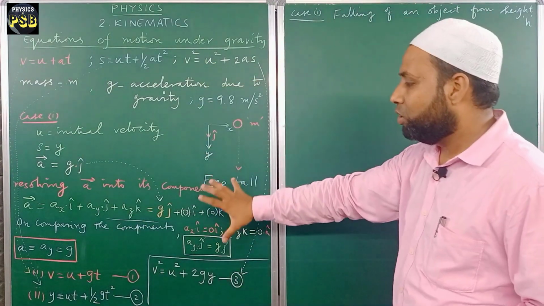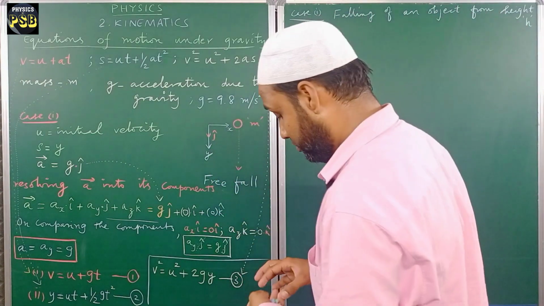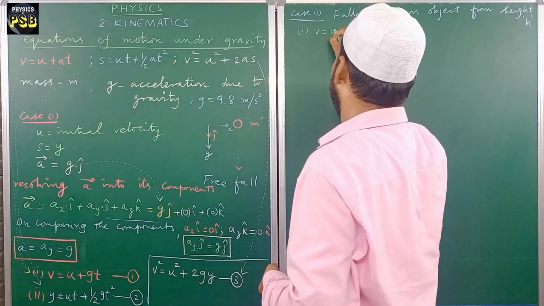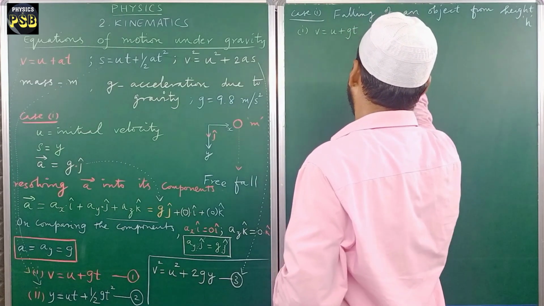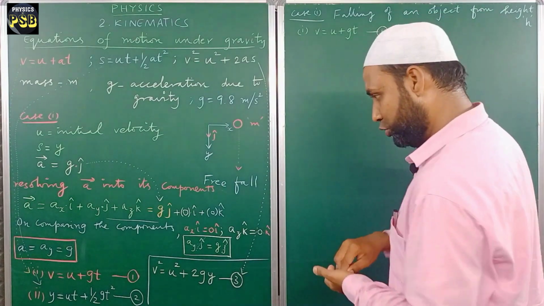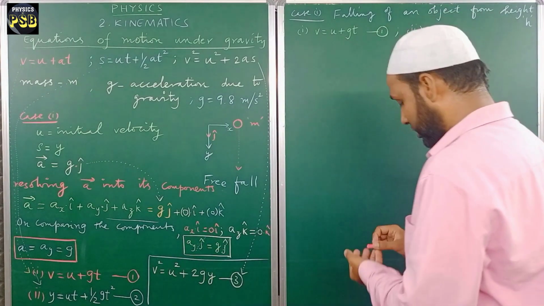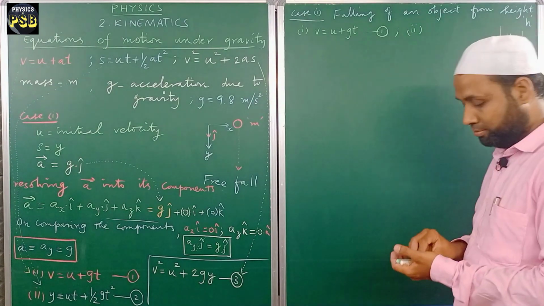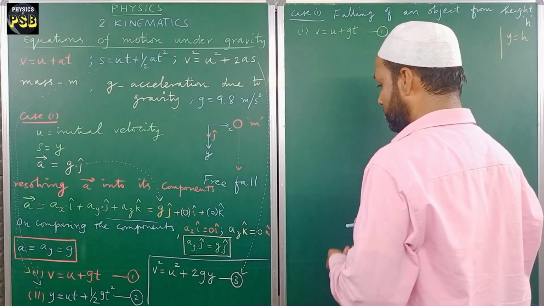We have to make certain changes to these 3 equations. The first equation will remain as such: v equals u plus gt. That is the first equation of motion. What is the second equation of motion? In the place of y, I take h. Y is taken as h. So the second equation of motion, h equals ut